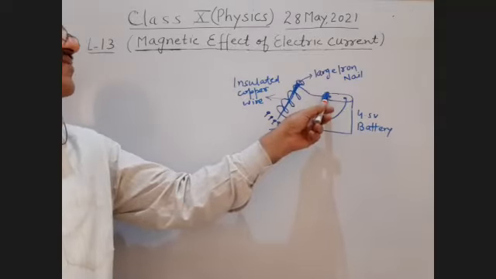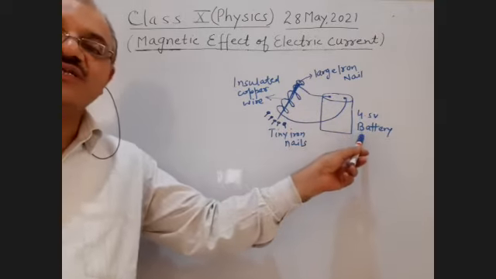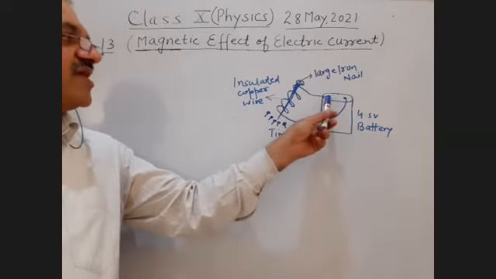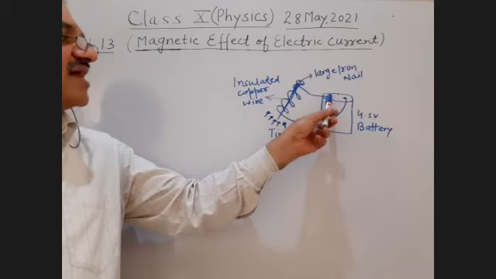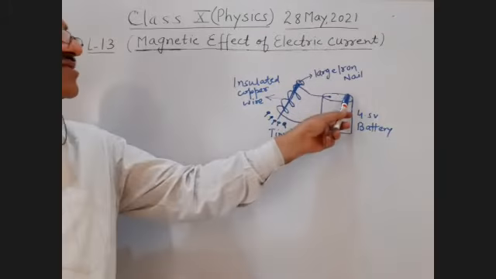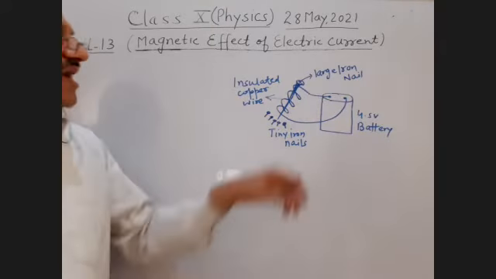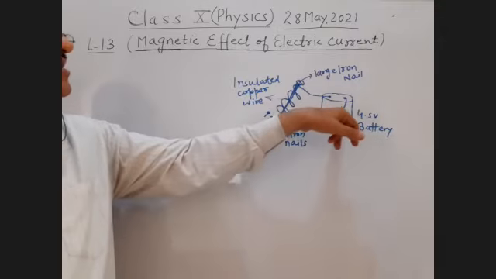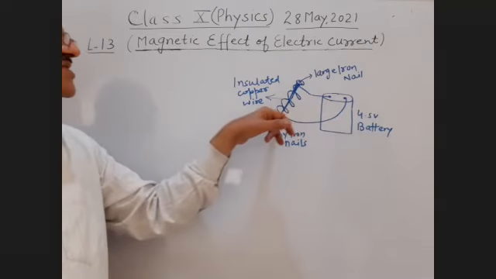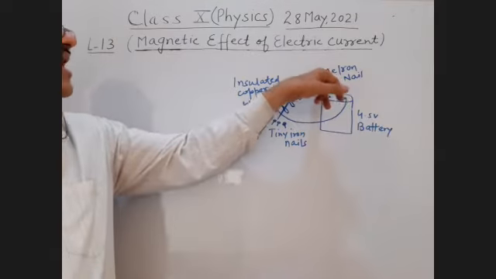One end of the wire is attached to a 4.5 volt battery, and the other end is attached to the other terminal of the battery. When I switch on and the current starts flowing through this large iron nail,